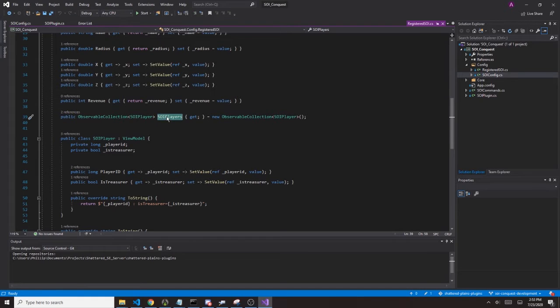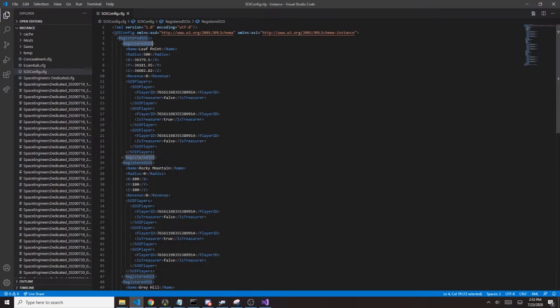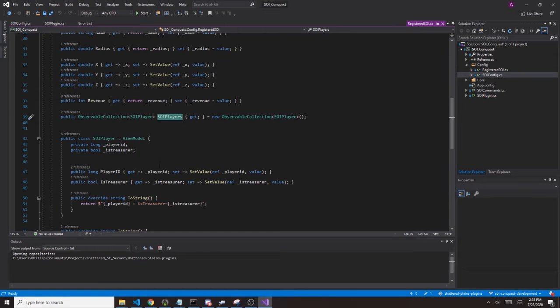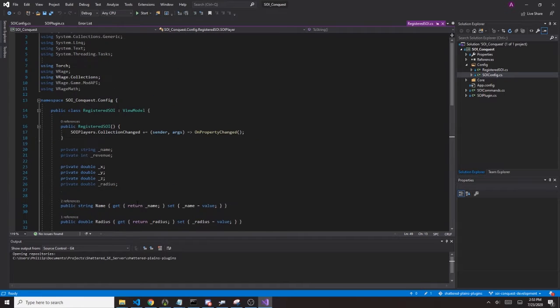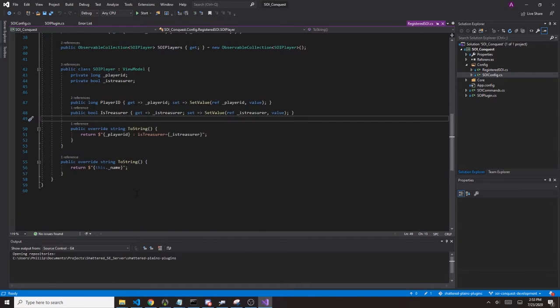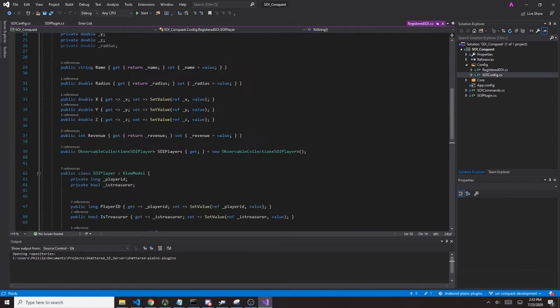We have SOI players as another collection, which you can see right here with type inside of it of SOI player, which we can go over here and see that that references this class right here. And then that has the ID and this Boolean value. Now notice that it's an important thing to note. It was throwing errors for me at first, but you have to public override the toString method for the class if you want to have it